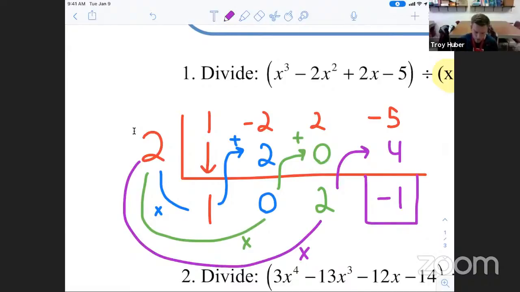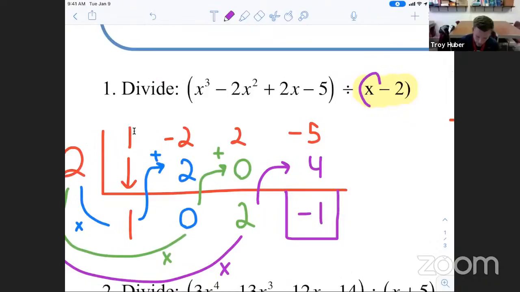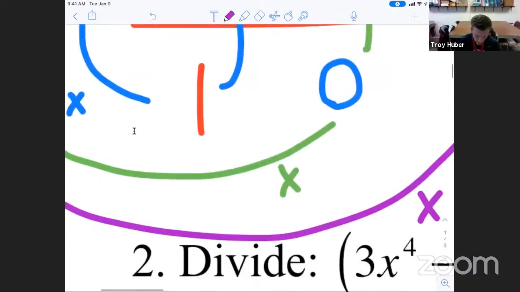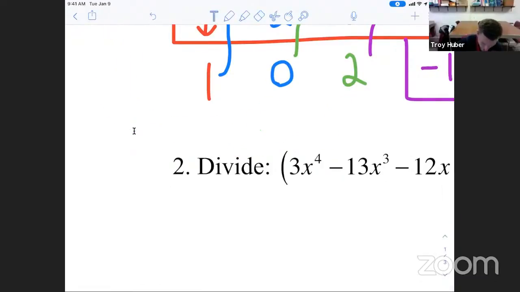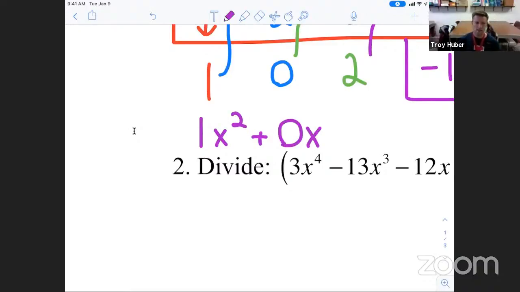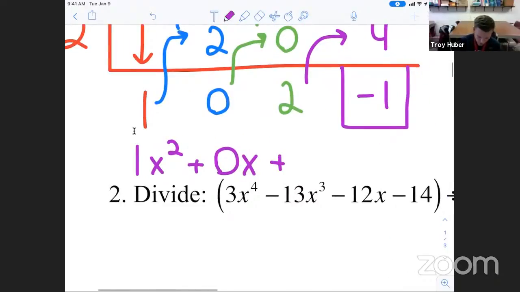All right, so now since we divided by an x, we are going to have one less degree. So it's actually going to be x to the second power now. So we take our coefficients, we have 1. I'm just going to erase a little bit of this. So this is going to be 1x to the second plus 0x. All right, so since it's 0x, we don't actually need that part. Plus 2